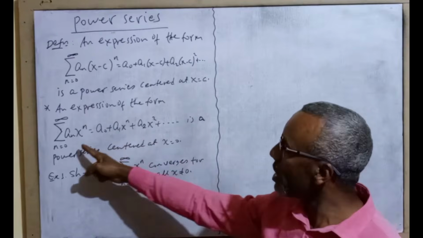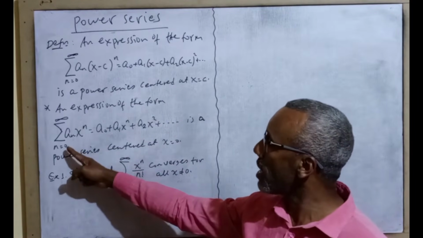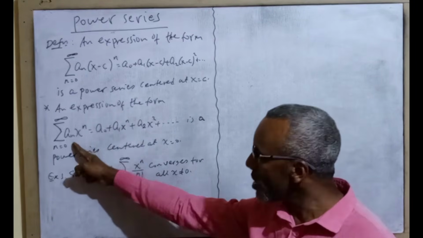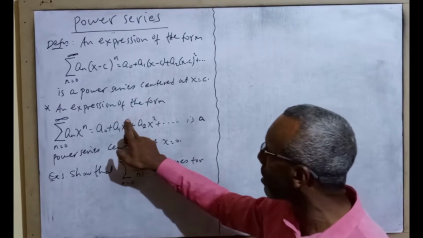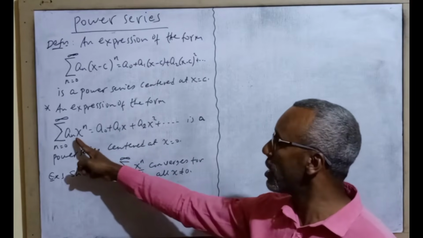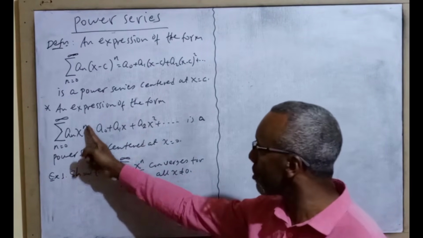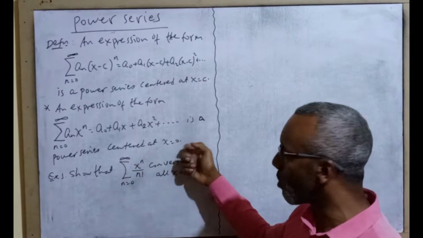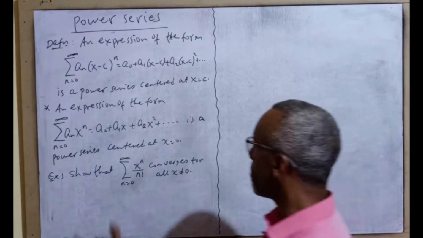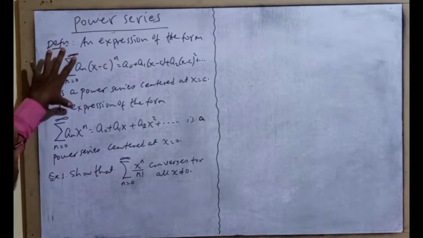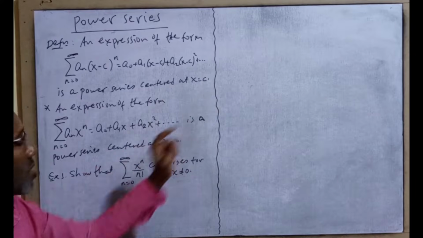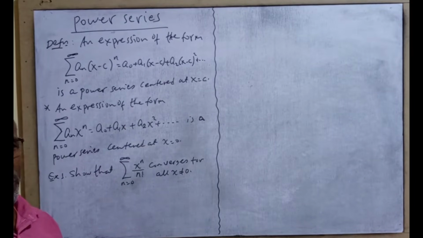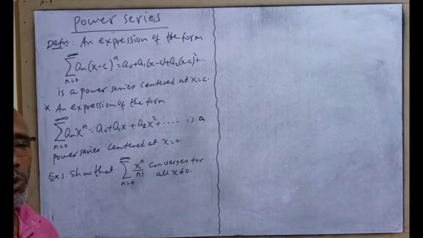but if c is equal to 0, an expression of the form the sum of an x raised to n as n runs from 0 to infinity ማለት a naught times x raised to 0 ማለት 1 ነው plus a1 times x raised to 1 ማለት a1 times x ይሆናል, a2 times x raised to 2 plus a3 times x raised to 3 plus plus እያለ ይሄዳል ማለት ነው and this kind of power series is known as power series centered at x is equal to 0 ማለት ነው። ስለዚህ አንድ ፈንክሽን በዚህ ፎርም ሊሰጠን ይችላል or በዚህ ፎርም ሊሰጠን ይችላል ማለት ነው። በዚህ ፎርም ከሰጠን ሴንተር የሚያደርገው at x is equal to c ነው በዚህ ፎርም ደግሞ ከሰጠን ሴንተር የሚያደርገው at x is equal to 0 ነው ማለት ነው